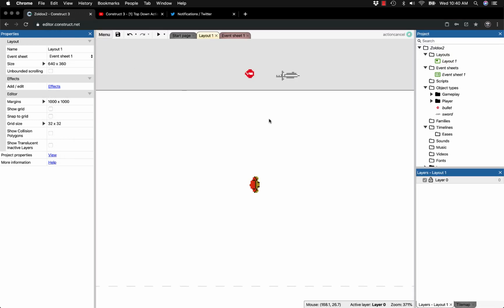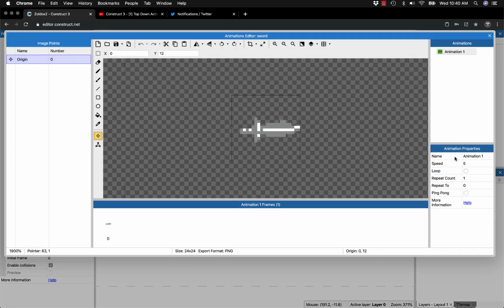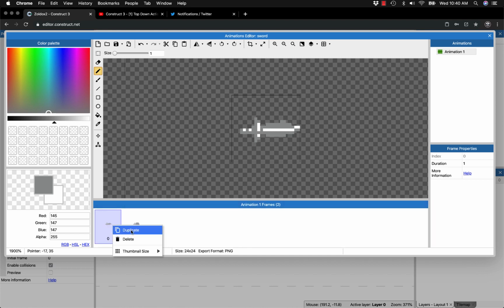So we're going to add a little bit of an animation to the sword itself in order for it to actually complete, and that way it'll destroy itself when the animation is complete. You can do this in a couple of ways, but I'm going to do it this way because I want to. So I'm going to duplicate this frame, and I'm actually going to take this sword and bulge it out a little bit so it looks like it kind of blossoms, I guess you'd say. And then duplicate the first frame again and have it, let's see, thin out. I'm not sure how this animation is going to look, but